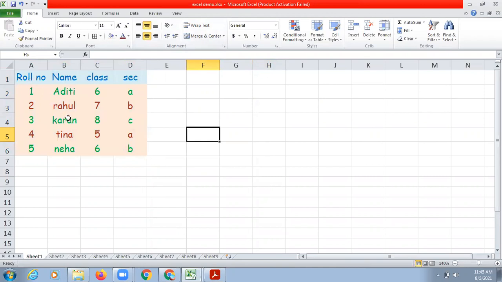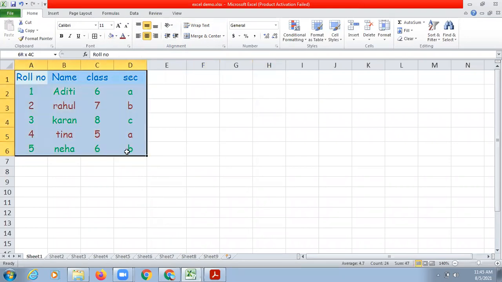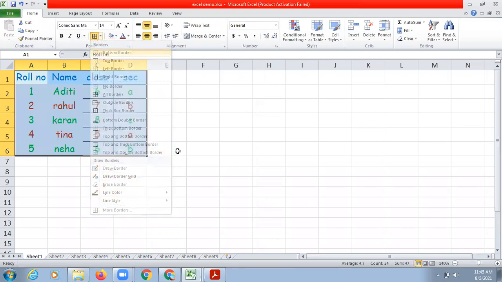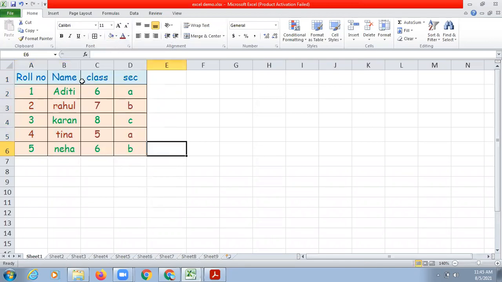How will you see कि ये center में है या नहीं है? Because I'm not able to see the borders of the cell now. So how do I know whether it is in the center or not? So let's add the borders now. So select your cells again and go to the font group this time, and this is for borders. So these are the different types of borders. You can draw your own borders also, and we can go to more borders also. But right now I'm selecting this all borders. So all borders will appear.